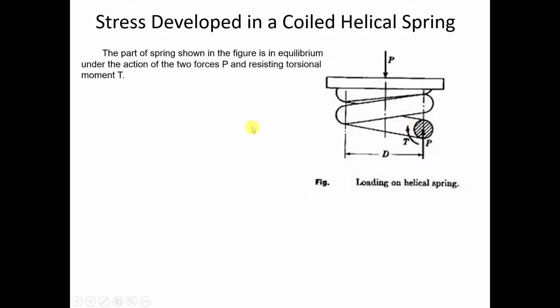Let's consider this figure. In this figure, you have a coil spring in which you have applied a compressive load P like this. Now, due to the application of this compressive load P, let the spring get deformed, and after deformation, the spring remains in equilibrium condition. Now, as the spring remains in equilibrium, if you take any arbitrary cross section, in each and every cross section area, due to the application of this compressive force P, an equal and opposite reaction force will act like this.